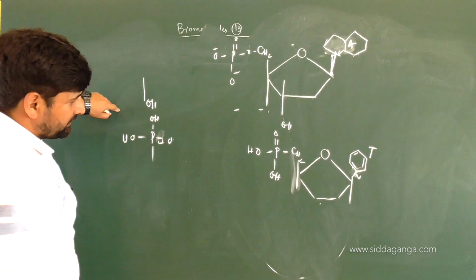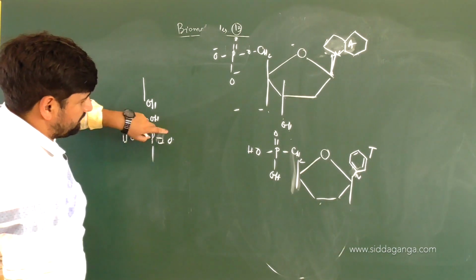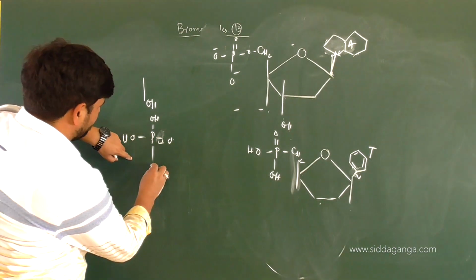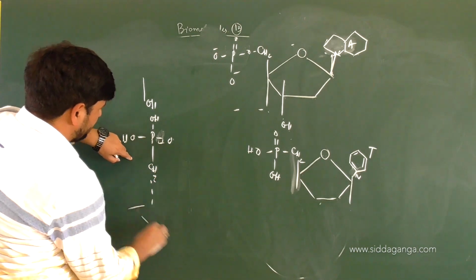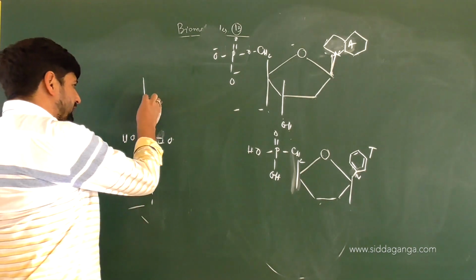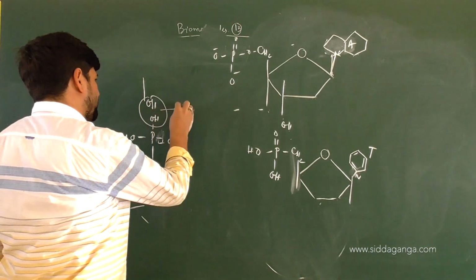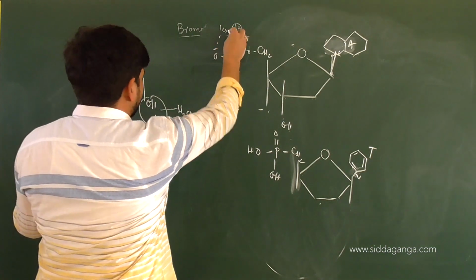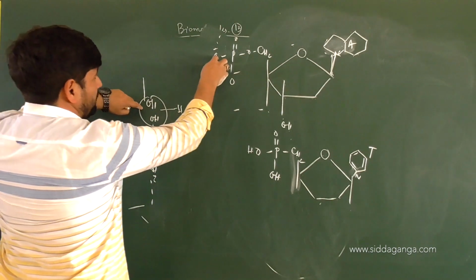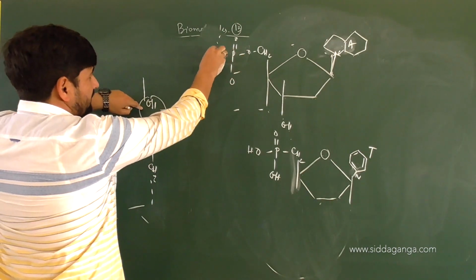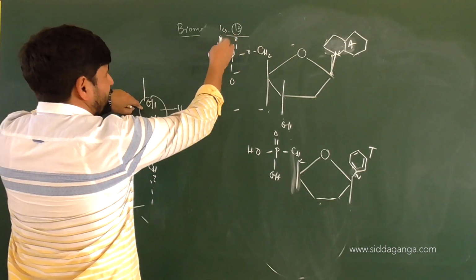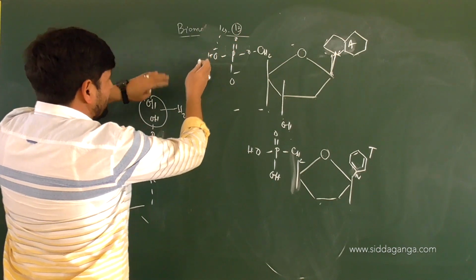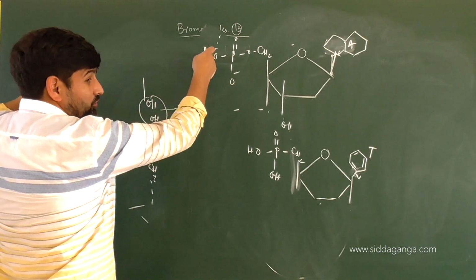And then you got which group here? OH, P double bond O. And then you have CH2, which is linked to the ribose sugar. So again what will be happening here? Water molecule will be removed, minus water molecule. So already 2 phosphates have been removed. Now linkage will occur and OH and this O, water molecule will be removed. Actually it will be the form of OH. Once interaction occurs, when you are doing hydrolysis, 2 phosphates have been removed, this will convert to OH, right?